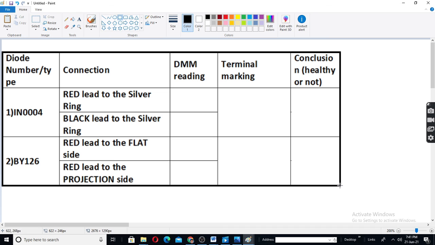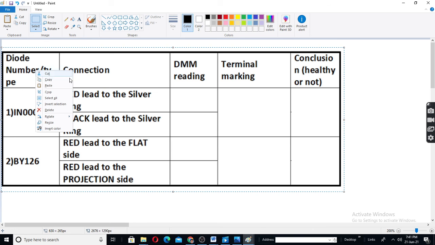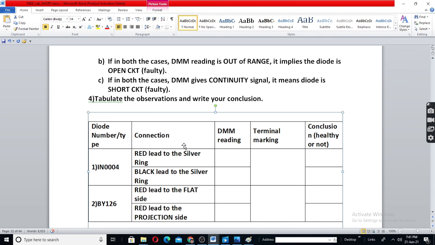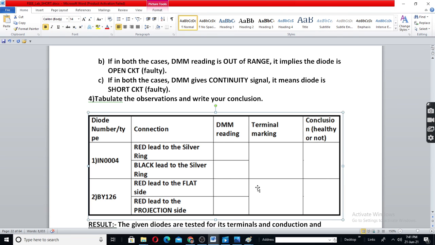Instead of the silver end, you have the projection side. Here red and here black and silver. Here flat and projection. You can mark the terminal. And if the reading is not correct, it means the diode is not healthy. So here actually this line is not necessary. So let us remove it. Fine.